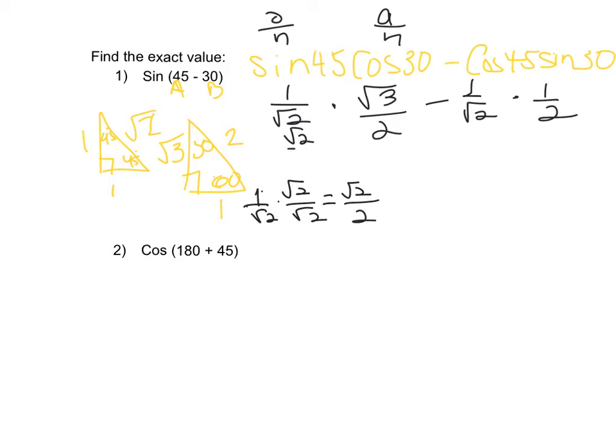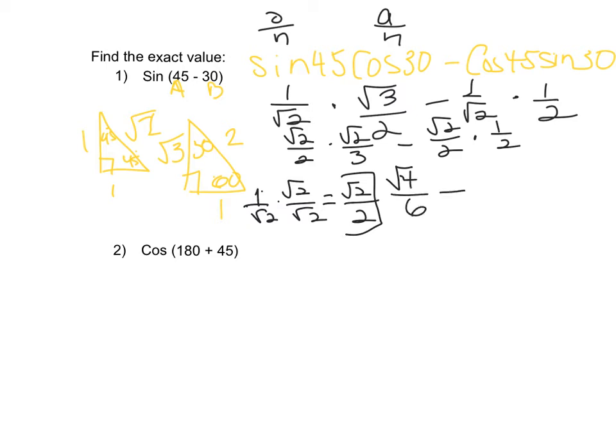So I have radical 2 over 2 times radical 3 over 2, and then minus, I can change that now, radical 2 over 2 times 1/2. Okay, multiply the fractions, multiply the numerators, multiply the denominators. So this is going to give me the square root of 4 over 6 minus